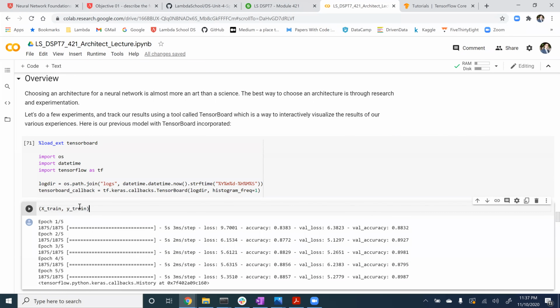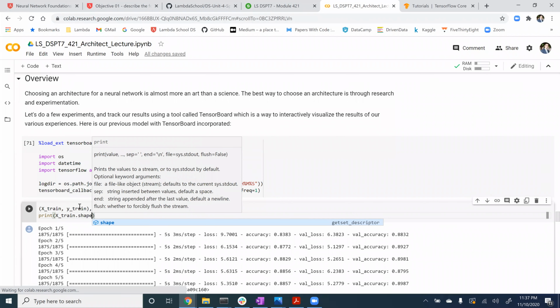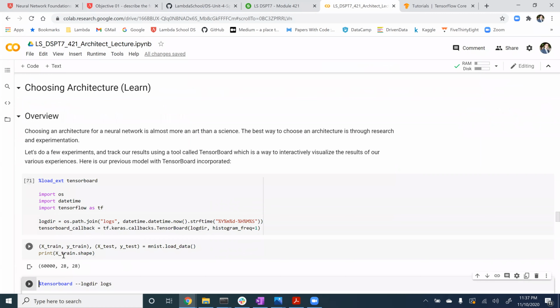So we're just going to reload the data so that it's in the 3 dimensions that we were given initially. So if you do x_train, y_train, x_test, y_test equals mnist.load_data, and then we can print x_train.shape just to confirm. So we see this is in 3 dimensions right now,